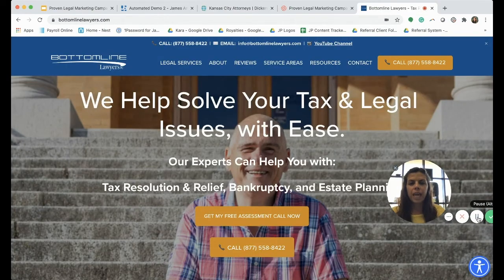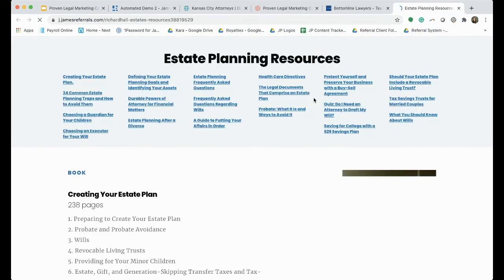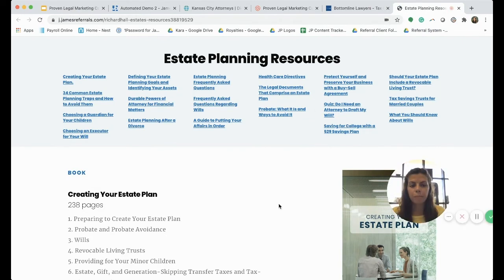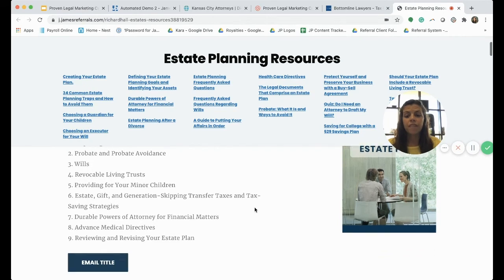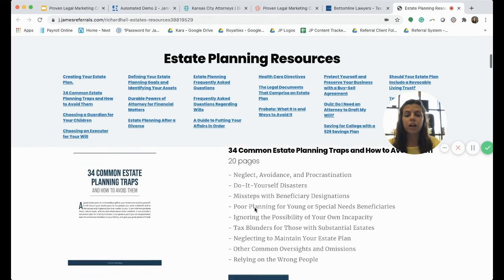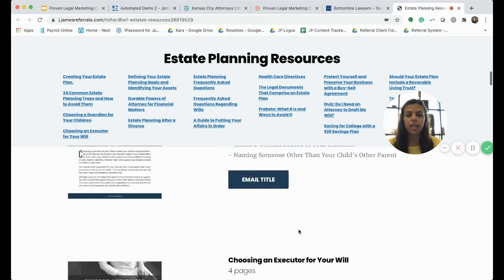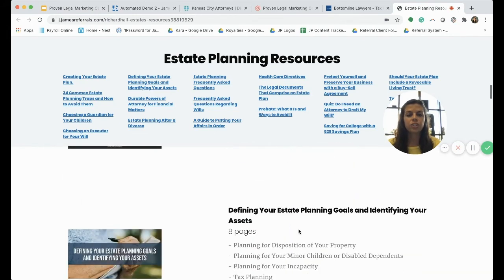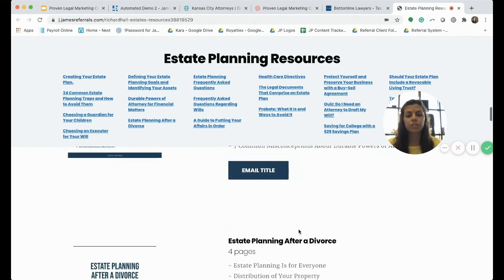Another item that we add as part of the program is a resource page. You're looking at a live sample of that now for one of our estate planning clients. Go up to the top nav under resources, click on estate planning resources. Up comes this incredibly comprehensive branded resource page that offers, I'll scroll through here, booklet after booklet in exchange for contact information. You're providing these educational, highly valuable booklets and books to your visitors, because it's important to